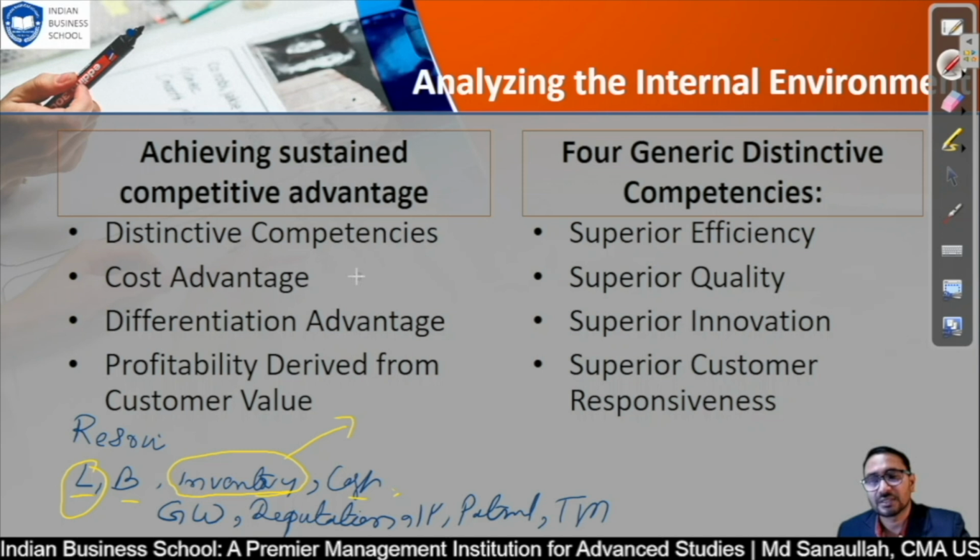Because inventory is something which, for FMCG, is actually 80% of your total cost. So you have to plan effectively. What you can do is open your store somewhere near your supplier, or else plan in such a way that your lead time will be very, very short. Okay, and you will get goods from the supplier very soon. So you need to keep your inventory very, very low, and also you can plan fast moving inventory.